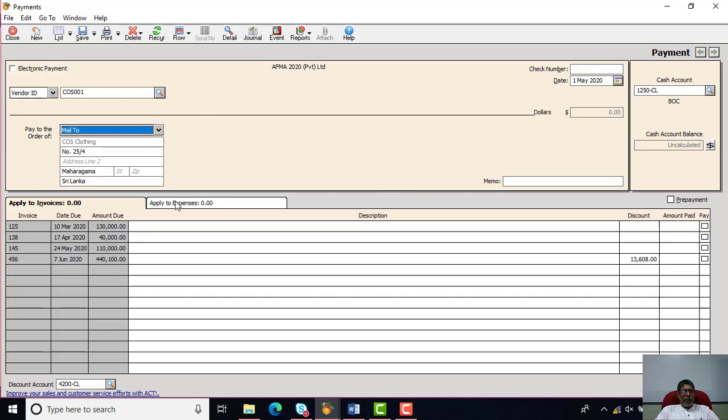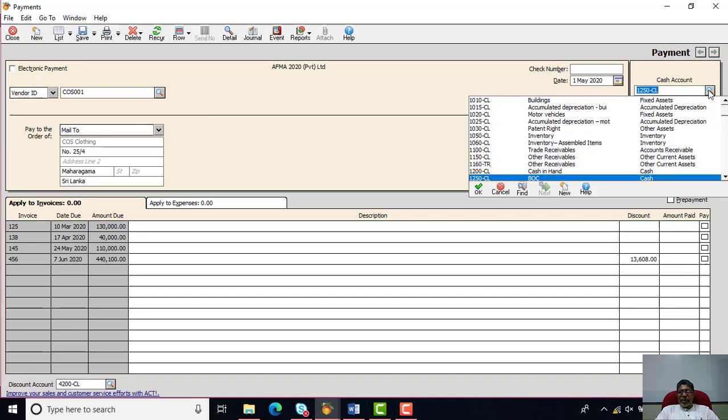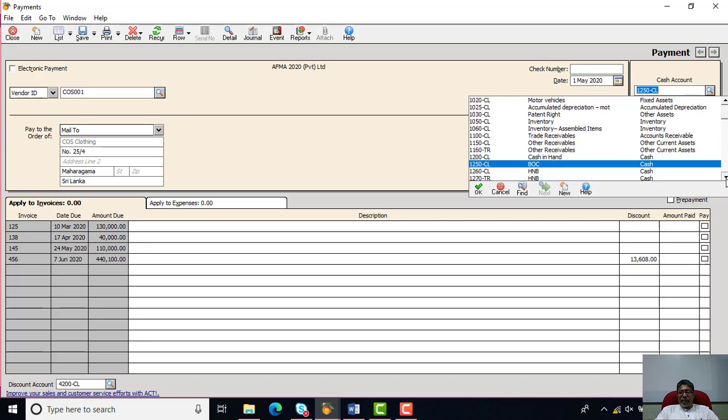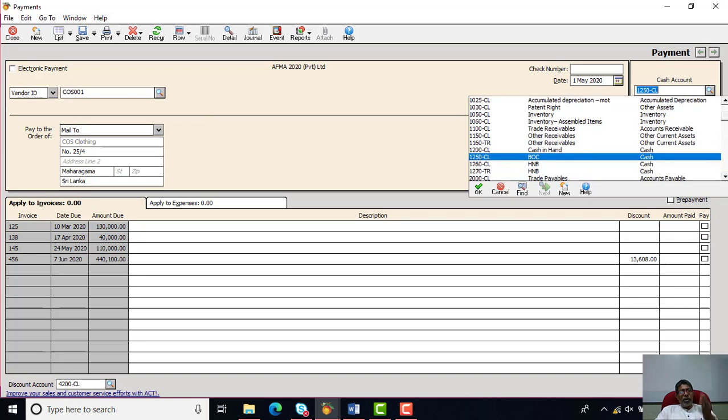Then what we require, in case you are going to make the payment to this particular vendor for certain invoices, first of all you have to enter your check number. So the company checkbook number needs to be entered into the system by entering the check number. Then appropriately you have to select which account you are going to use to make the payment, whether it is from the BOC account or from the HNB account.